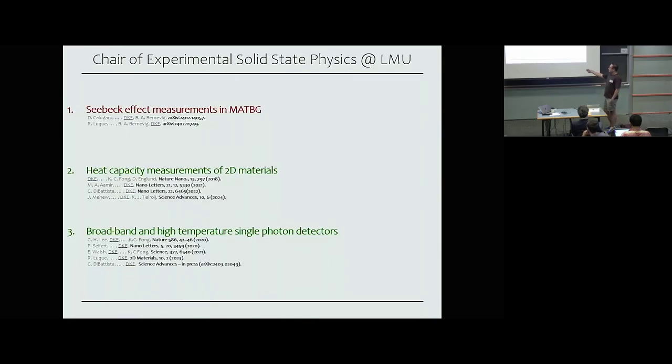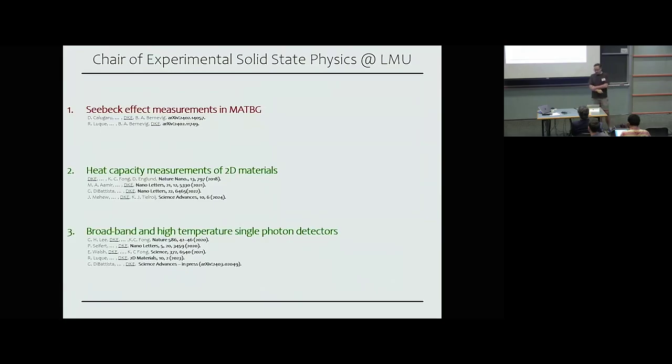Then I'll show you some ongoing development that we have been conducting over the last 5 or 6 years, where we were trying to develop a new measurement technique to extract the heat capacity of two-dimensional materials in general. I'll talk a little bit about why this is really complicated and what type of advances we have achieved. And last but not least, I'll also show some recent applied studies where we were using superconducting twisted bilayer graphene as an ultra-sensitive bolometer that can detect